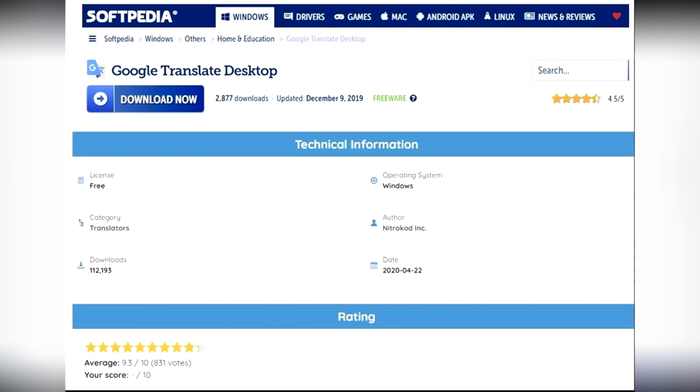So whenever you're downloading off of things like this, you really got to keep a close eye. Because as you see, 112,193 downloads from this company, I believe. And the Google Translate desktop is 2,877. And it was released back in 2019. It's a freeware. So at first glance, it looks legitimate, but you just have to keep digging